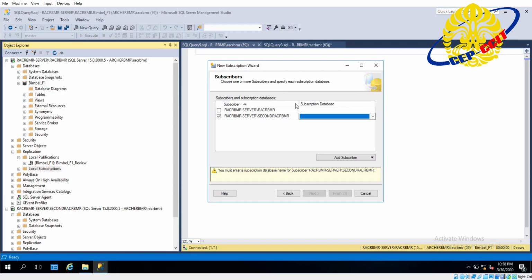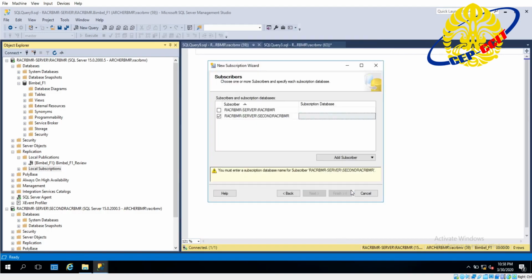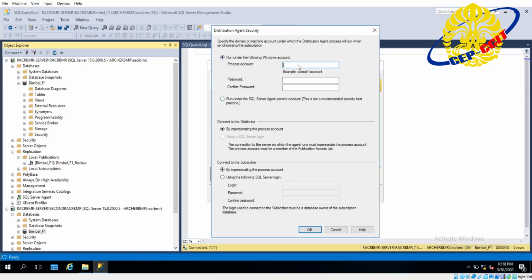Connect. For the subscription database, we make a new database. Give it the name Bimbel F1. Click OK. Next, for connection to subscriber, input the local domain, in my case ArcherBMR, and the account.